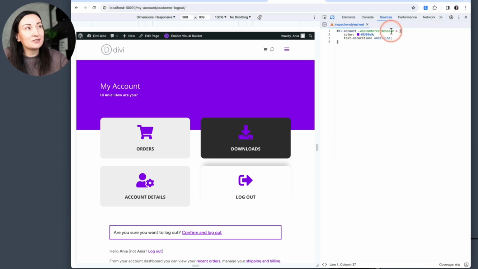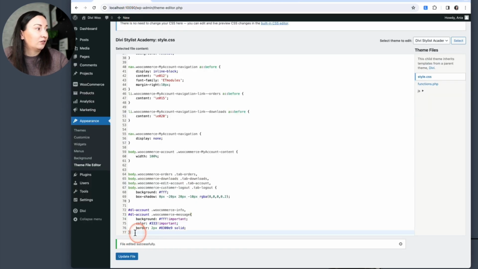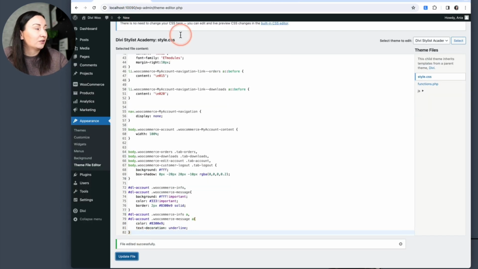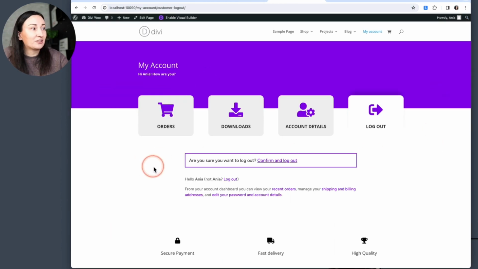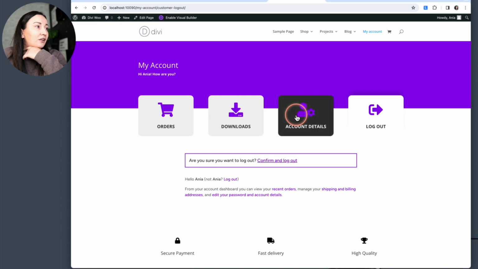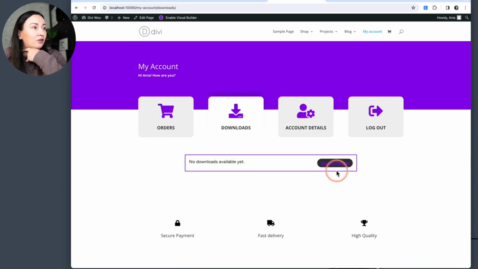That is a nicer indication that we can actually click on it. And I would assume that possibly there are links in WooCommerce info boxes as well. So just to be safe, I would do the same thing for both WooCommerce info and WooCommerce message. And I would add that right underneath here. Update the file. So yeah, that's a pretty good start. I guess we already have nicer notices when there's no, oh, actually, okay, that didn't work how we wanted, right? So WooCommerce info,